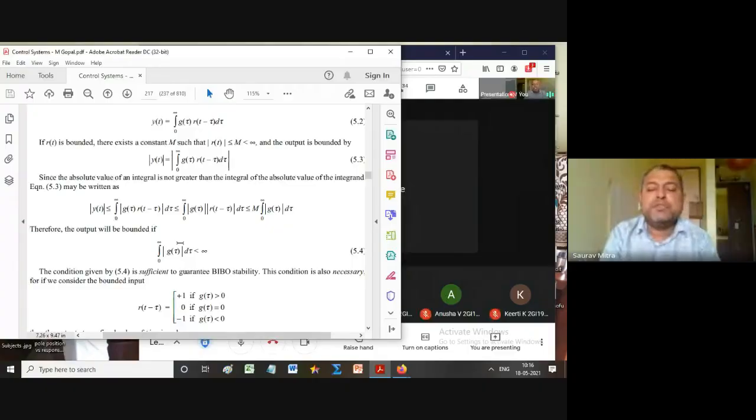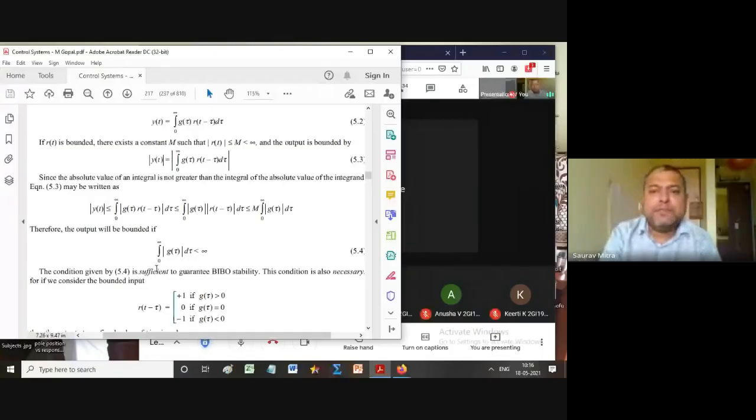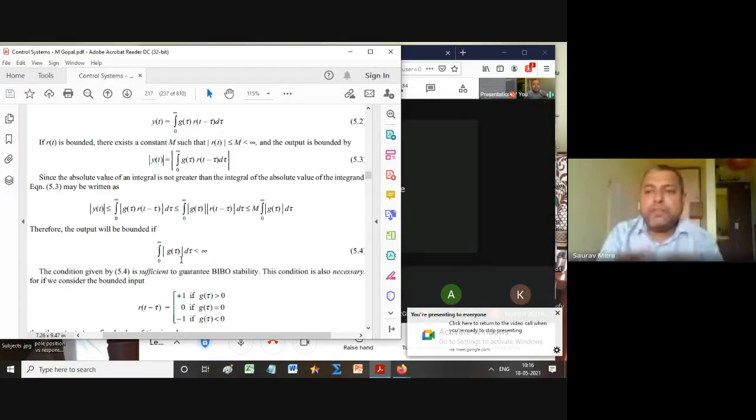So this criterion is what is written here: the integral of the absolute value of g(tau) d tau from 0 to infinity is less than infinity. That means this integration should have a finite value. What is a finite value? 3, 7, 9, 15, likewise. That means this should not be increasing with respect to time. So whatever g(t) is, the transfer function in the time domain, it should not increase with respect to time. In that case, g(tau) is a confined, or bounded, kind of area. If this is the condition, then we can say that whatever the system response y(t) is, it will be a stable response, and this system is called a stable system.